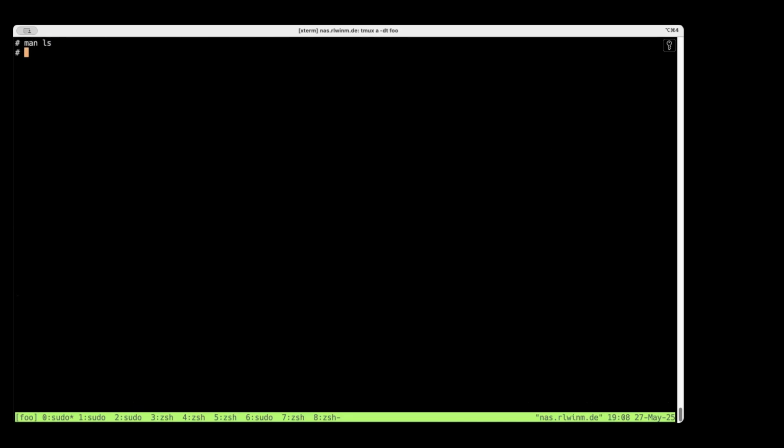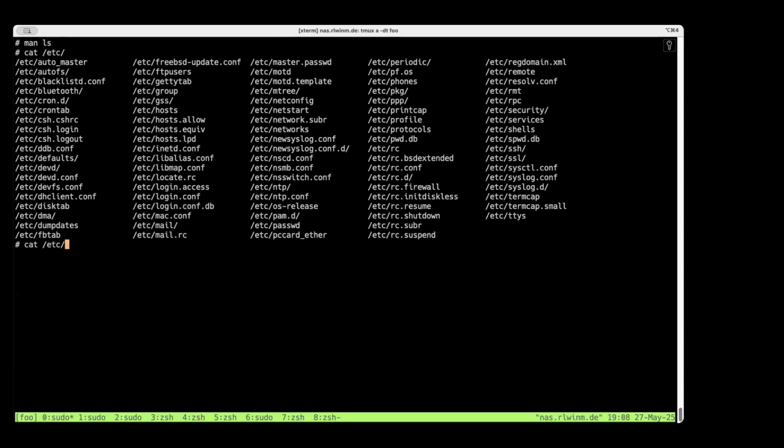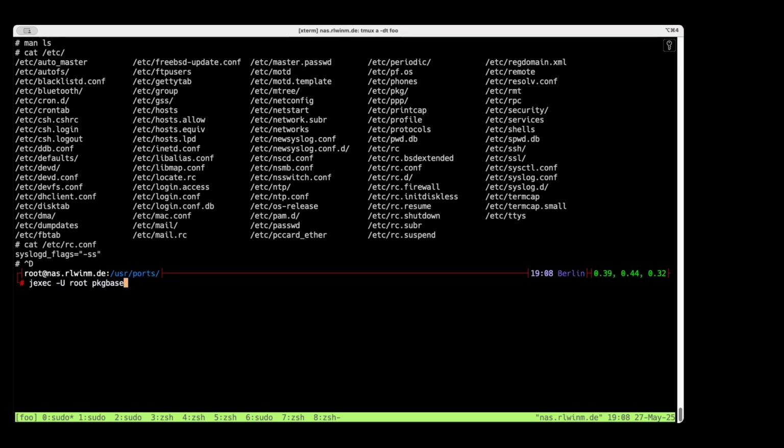So documentation is still there. It already took care of, for example, binding syslogd only to Unix sockets. And I will drop a link to the gist with it all